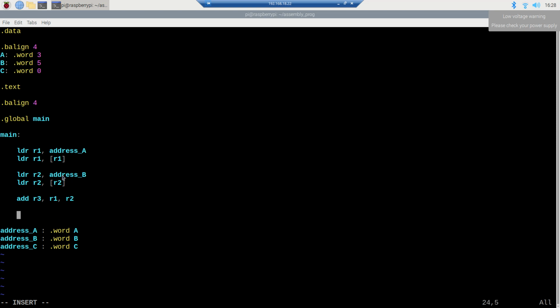we can say, so first we need the load instruction again to store the answer. Alright, so what we can do is say LDR R0, comma, address underscore C, and we want to move this value here in this address, so we'll say